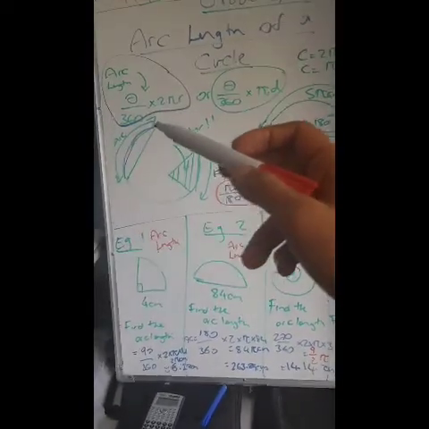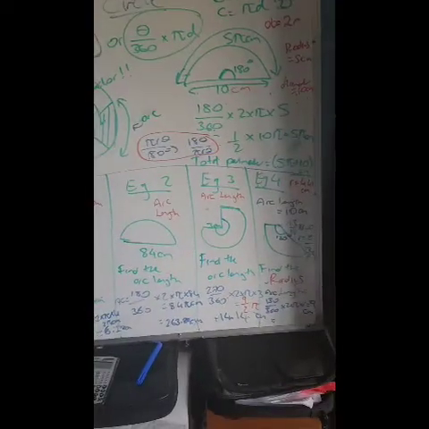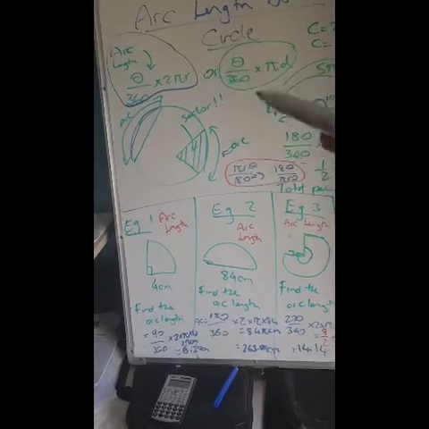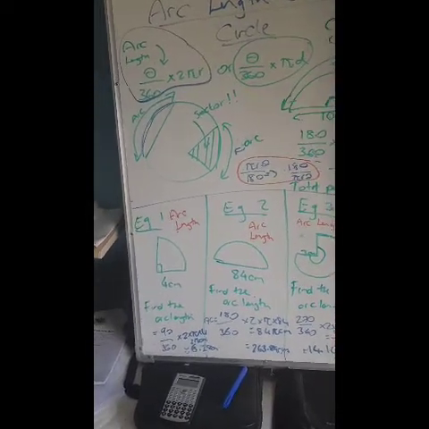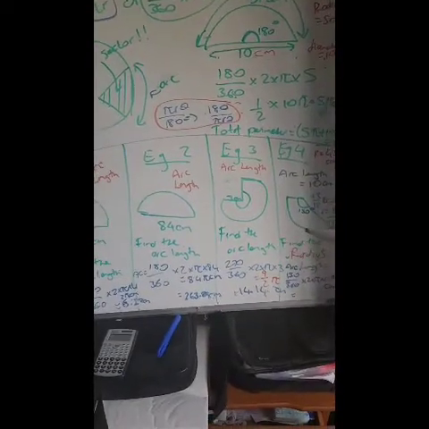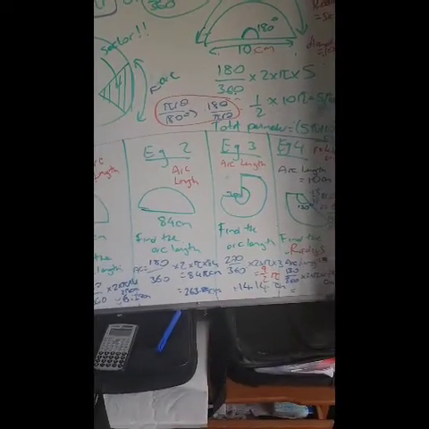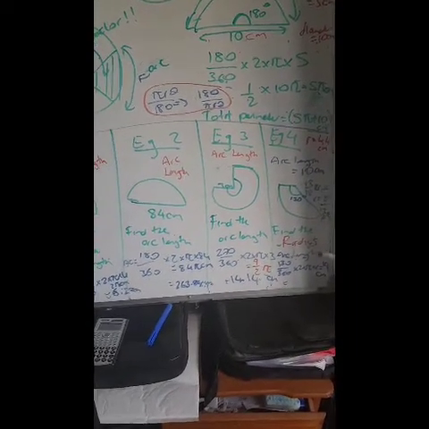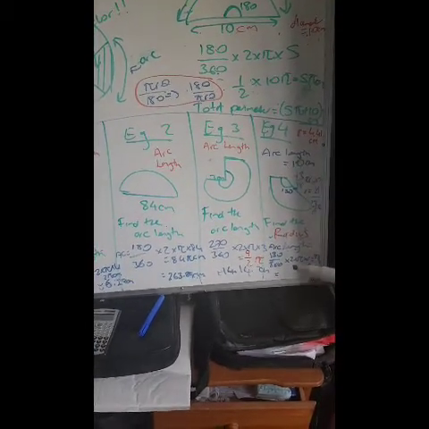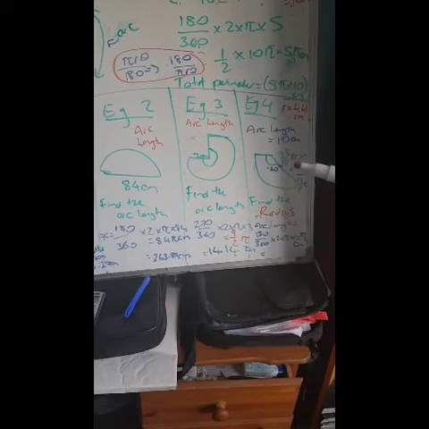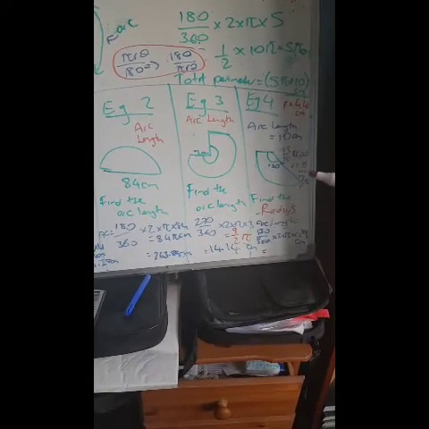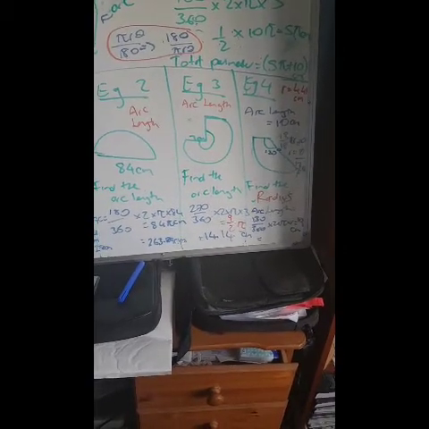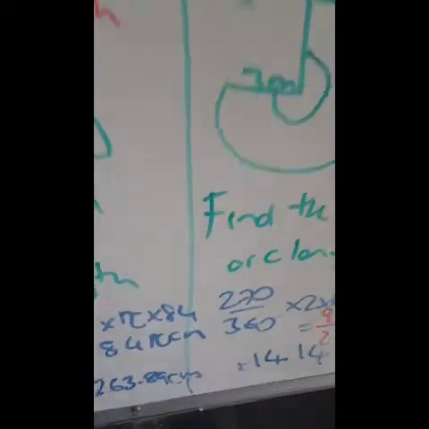So we know the angle, it's 130. We know the arc length, so all of this here is equal to 10. We've got to rearrange to make R the subject. So what I've put here is 130 divided by 360 times 2 times pi times R must equal 10. Then to get R on its own, I've done a bit of a big jump. So then I've said 13 over 18 pi R equals 10. R is equal to 10 divided by 13 over 18 pi, which gives me an answer of